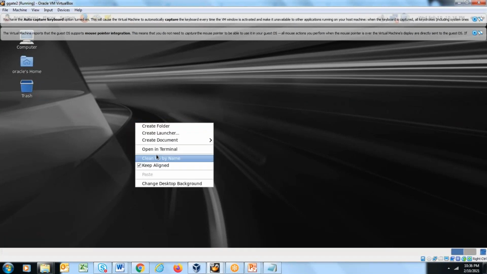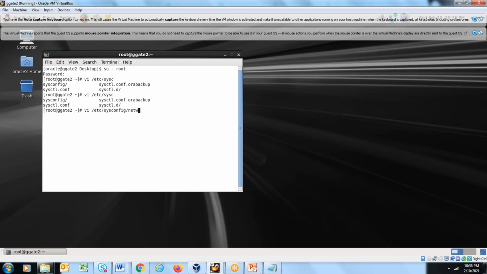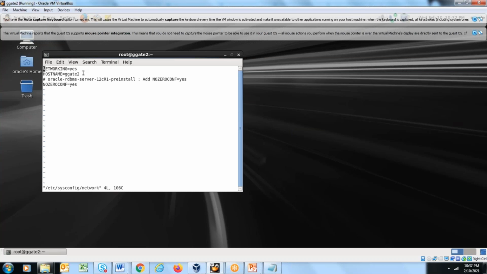You will need to update that file in gget2 to change the hostname. Update this hostname to gget2, because by default, since you are cloning, it will be gget1.